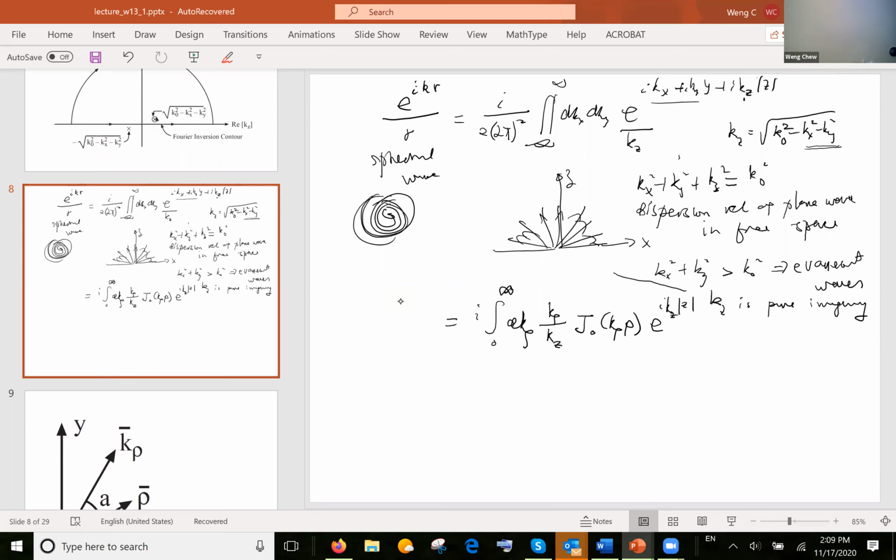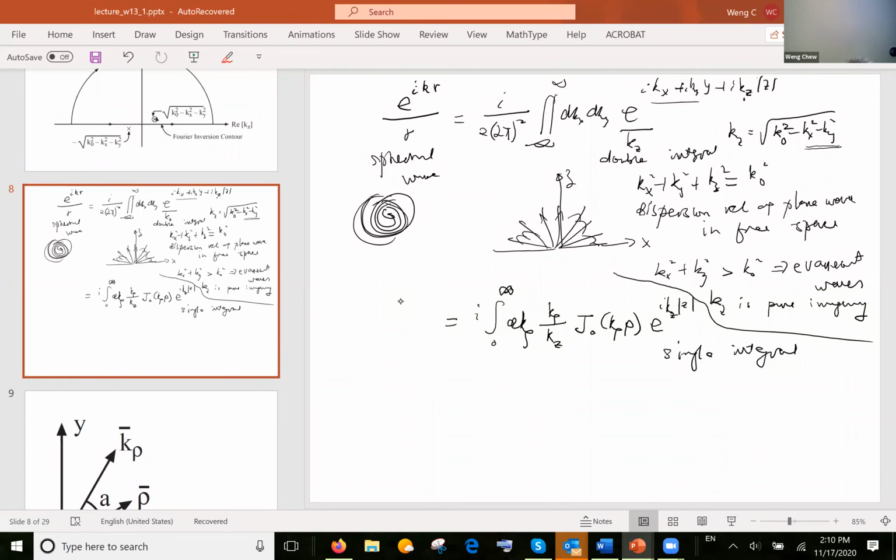Let me draw a line here. The good thing about this is that this was a double integral, and this is a single integral. It's a lot better for numerical integration because it saves computer time. Instead of integrating from minus infinity to infinity, you only need to integrate from 0 to infinity. And k rho